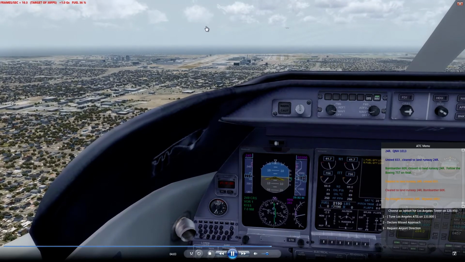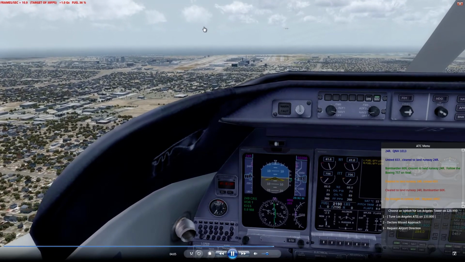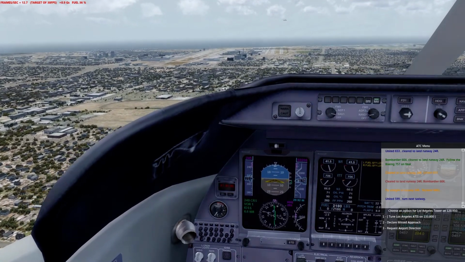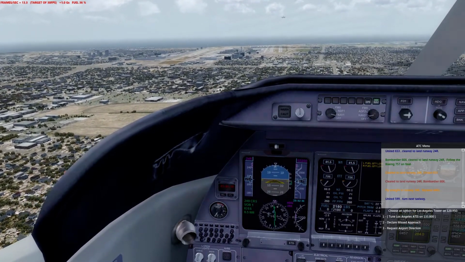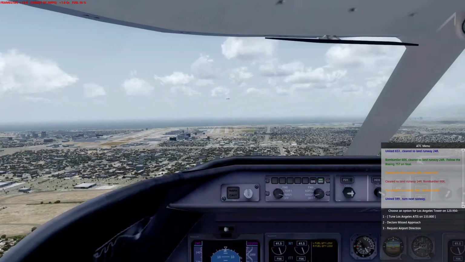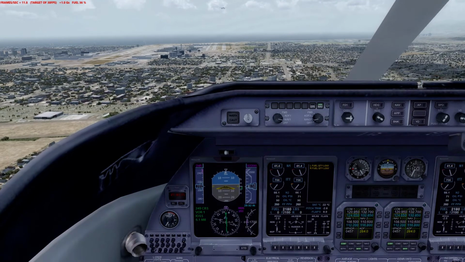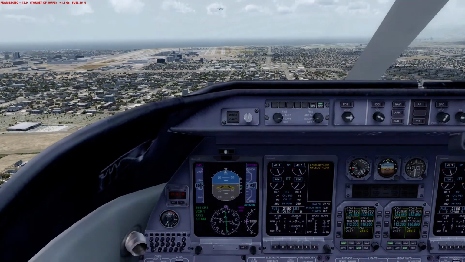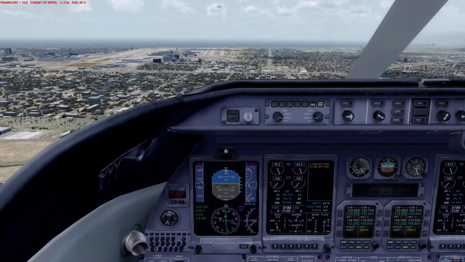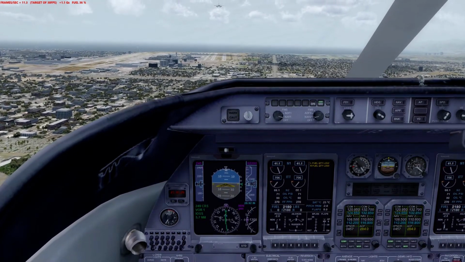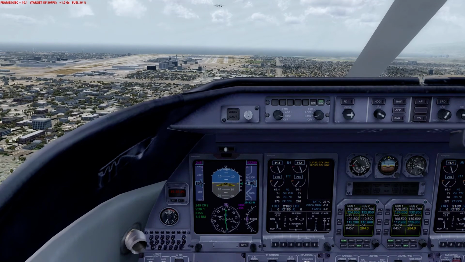If you increase your FFTF value or don't use it at all, and the default value, as I said, is 0.33, you will get sharp scenery, you will get a massive amount of autogen objects, but your frame rate will suffer. So, to me personally, I think that's a little too far in the direction of sharpness at the expense